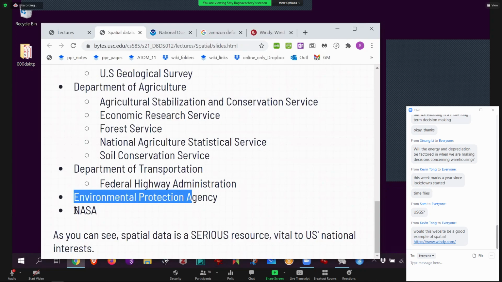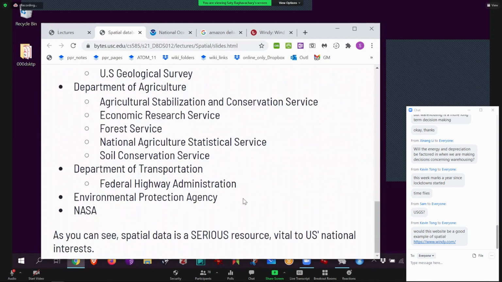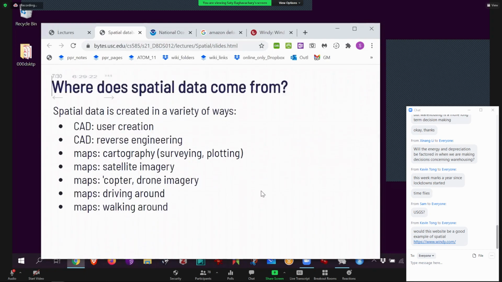And then finally, if you look outwards towards space, you have NASA. NASA has so many satellites that look at the Earth, and they can measure things like how salty the ocean is, how hot things got. So NASA also collects lots and lots of geospatial data. It's just amazing how much there is. If you had no idea, now you know. And then how do you actually create it? When push comes to shove, where do you get your latitudes and longitudes?